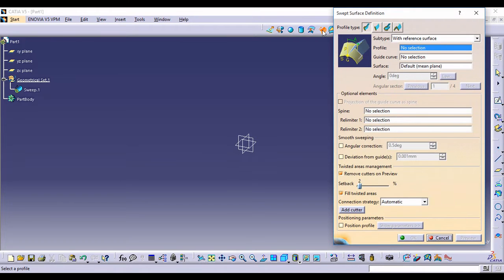When I select the sweep one, here you find four different types of profile: explicit, line, circle, and conic. The symbol itself indicates this is a conic, this is a circle, this is a line, and this is explicit. When I select the profile type as explicit and then the subtype, we find three different subtypes in a single profile type. If I move ahead to the line one,